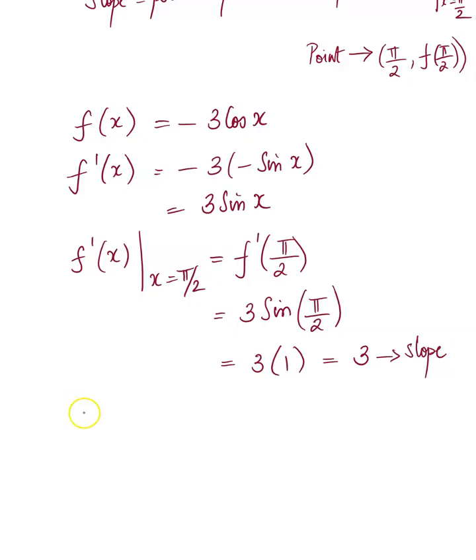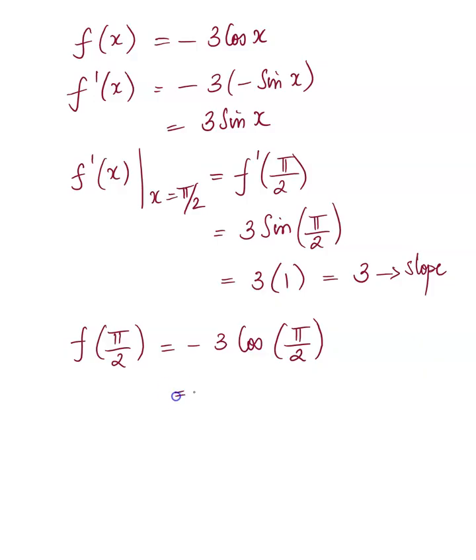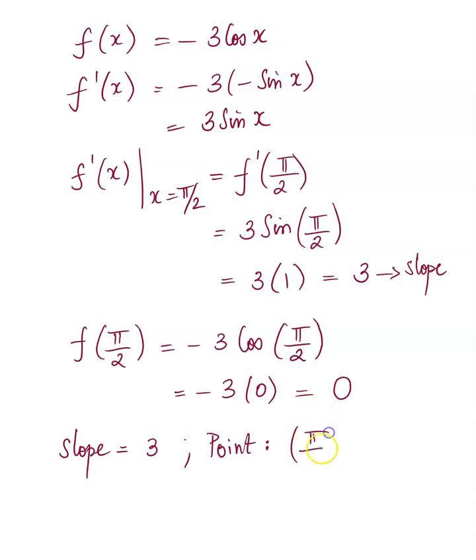Now we need to find the point. f of pi over 2 would be negative 3 cosine of pi over 2. Cosine of pi over 2 is cosine 90 degrees, which is 0. Therefore, that's going to be 0. So let me collect all the details I have. Slope is 3, and the point is x comma y, so pi over 2